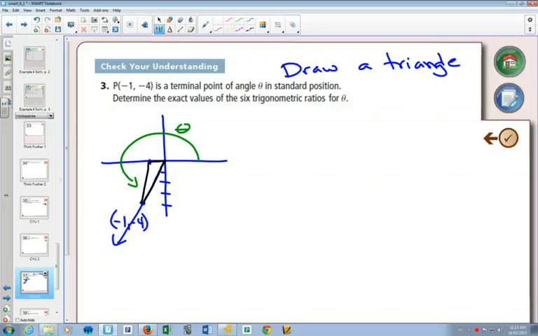We know that this length is 1 on that triangle, and we know that it goes down 4. And it makes a right angle triangle. That's a bad right angle triangle. That's really kind of bent. Yeah, if you kind of blur your eyes a little bit, cross them just a bit, it works out just perfectly. Now, since you know that one side is 1, the other side is 4, you could find the hypotenuse